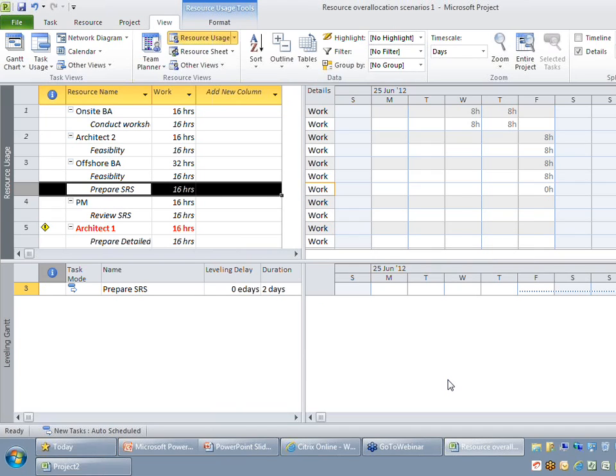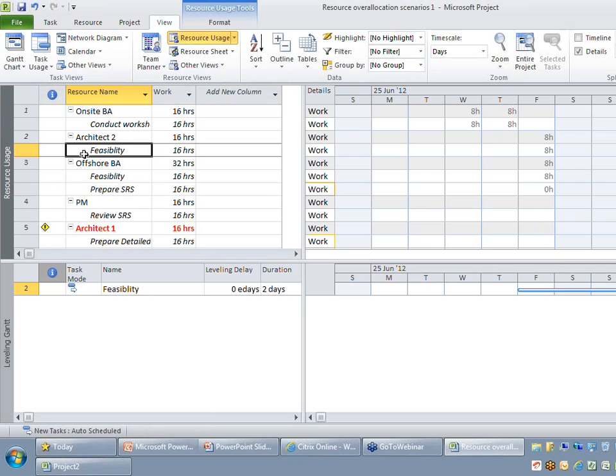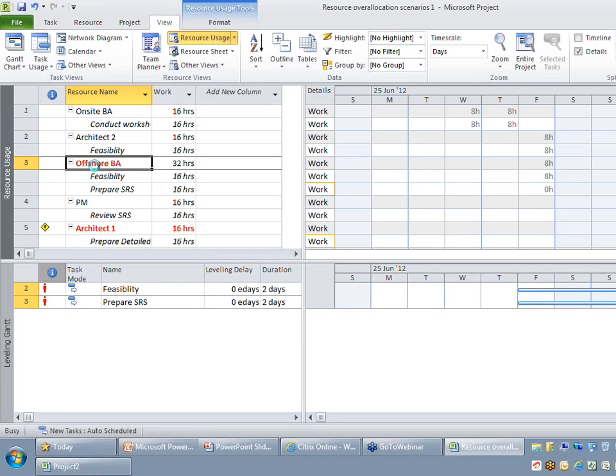The moment I do it, you are able to find that the task is getting pushed to originally scheduled work. On those days, Project automatically schedules 0 effort. Because I have pushed this activity by 3 days, you would be able to observe that this particular activity's assignment start would have pushed to a later date. Okay, so let me undo this change.